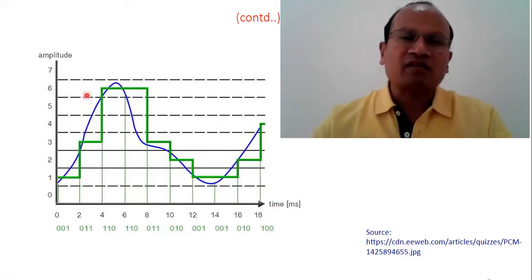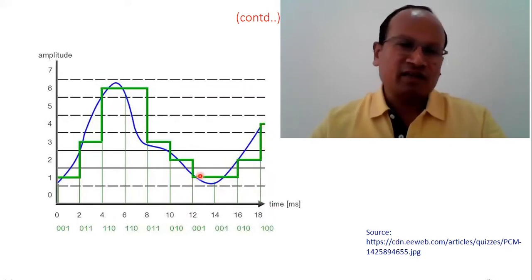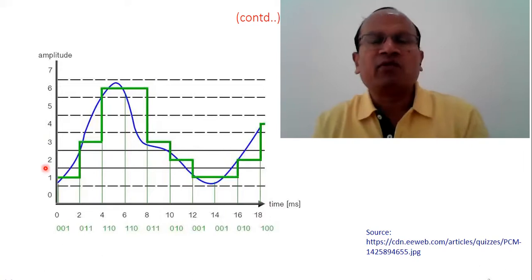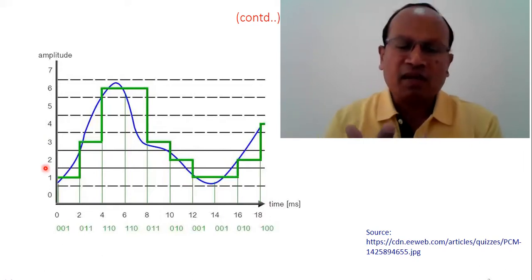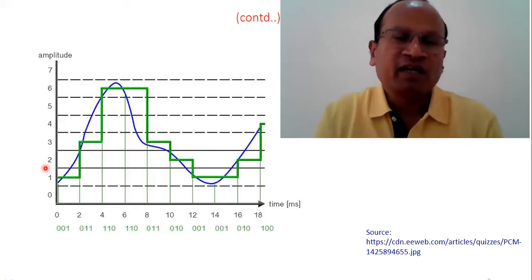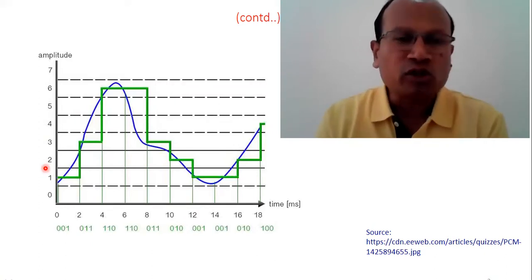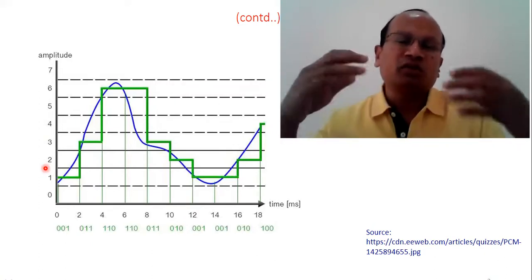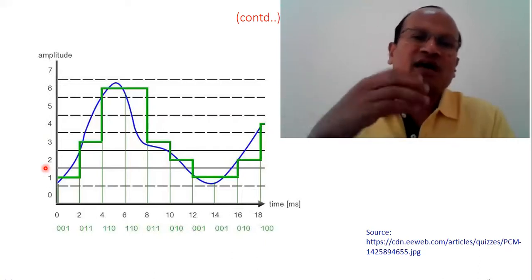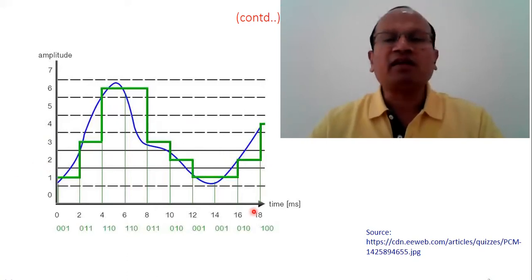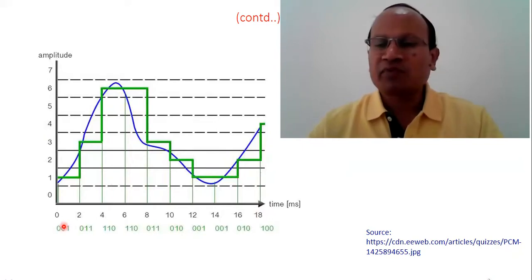So this blue signal, which is actually the analog signal, is approximated, and its approximated signal is this green colored signal. And then the encoded signal is this one. So you can understand all the steps involved in this diagram. The sample data has been converted into quantized data here, because before it was purely in the form of pulses. Those pulses have been approximated, brought near to some step size and half of the step size, and then the encoding process assigns the numbers, and finally the signal is converted into a stream of bits.